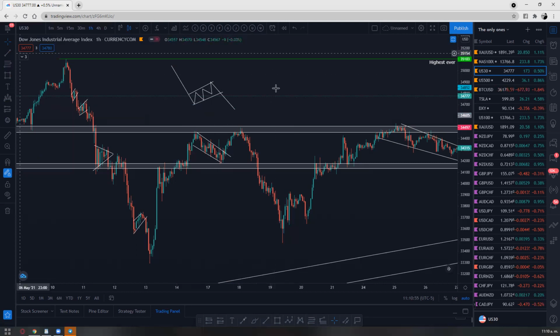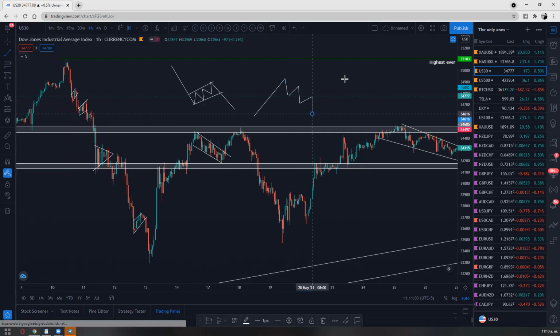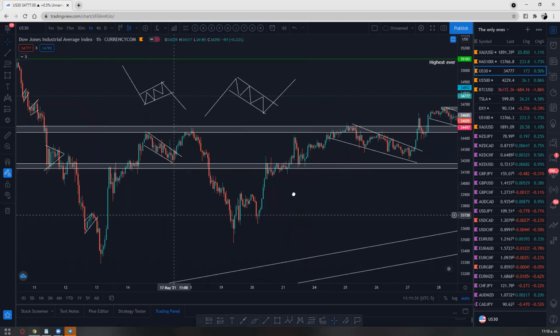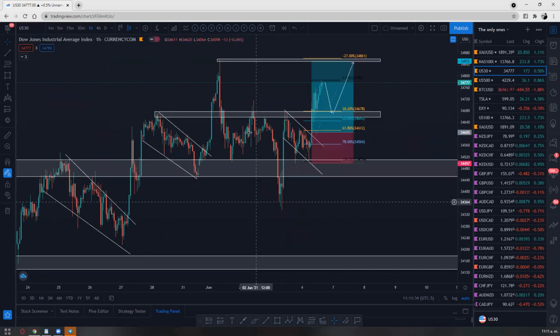So you see a push and then a pullback coming this way, and then boom. So you got that pattern right there, right? Bearish, bullish, okay? It happens all the time. Also these types of consolidations in triangles. You just gotta wait. When you see a consolidation like this, just wait. Wherever the price breaks, the price will tell you where to go. If it breaks above, then you go with a buy. If it breaks below, then you go with a sell. Okay, don't make it complicated. A lot of patterns every day, everywhere.